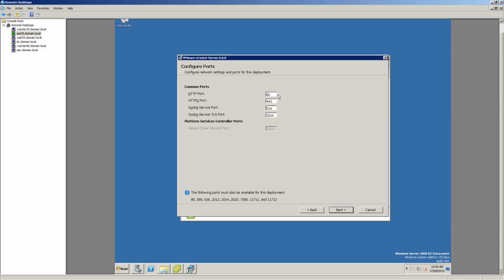There we go. So those are the ports that it'll need. It also says that the following ports must be available for this deployment. If they're not available, make sure that they're available. Not sure if you can get around this. You used to be able to, but I don't think you can anymore. So this needs to be available. And I think you can change the SSH log ports, but I'm not sure about the other two, the top two.